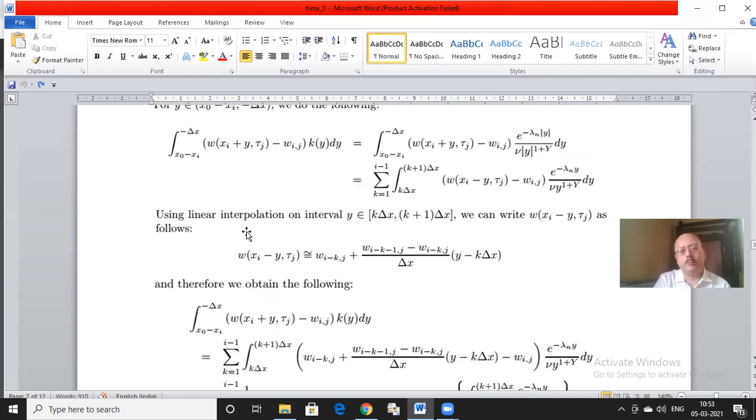Now we use simple linear interpolation on each of the pieces. So for the interval y belonging to k delta x to k plus 1 delta x, we write this function w(x minus xi minus y tau j) as approximately w_{i-k,j}, and then this difference is the rate, the slope, times y minus k delta x. So we approximate the curve, whatever the curve may be, by a straight line,